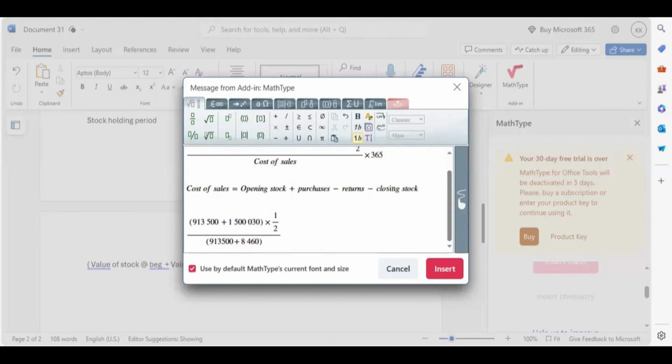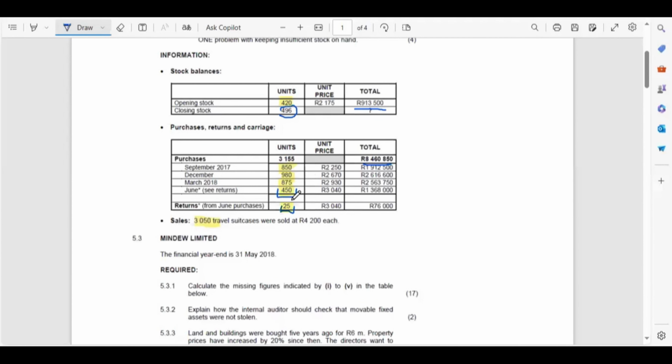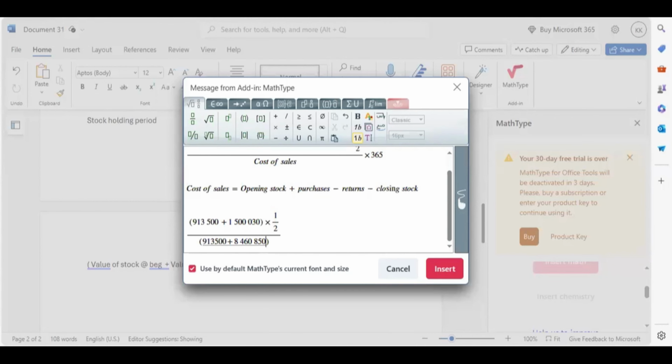And what? 850. Now my returns, the 25 units which were returned, was worth 76,000. So I'm going to subtract 76,000 here. And less the value of my closing stock. Now, the closing stock I've calculated it as 1,500,030,